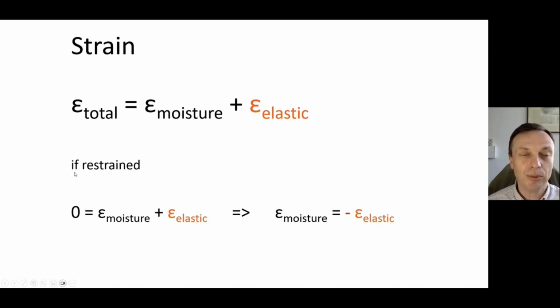But if we restrain the wood, so when we block it in the deformation, the total strain is 0, so the hygric strain plus elastic strain equals 0. It means that the moisture strain generates the elastic stresses, so the stresses which are responsible for the damage of